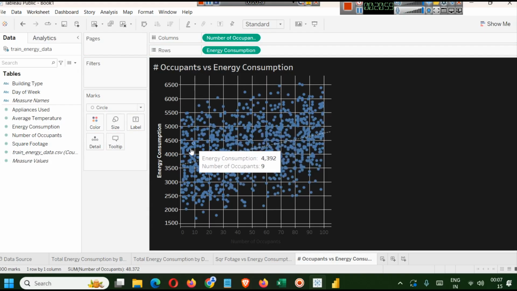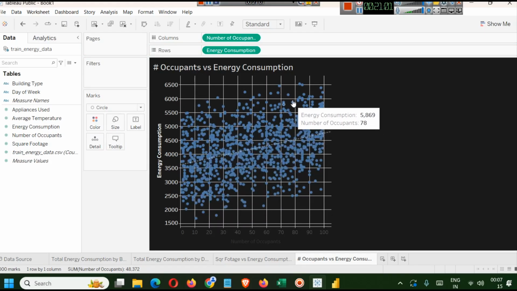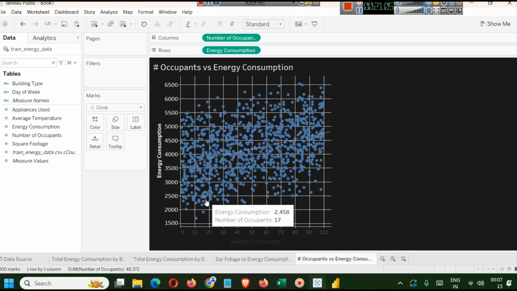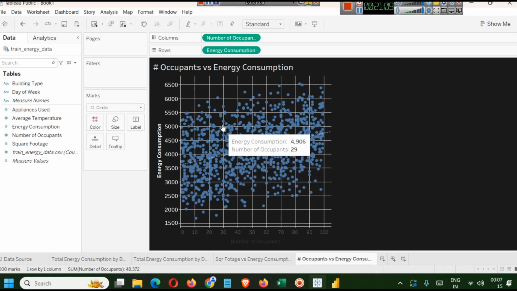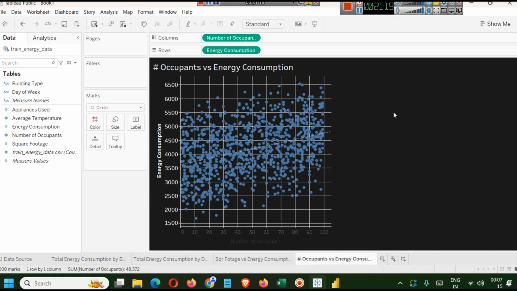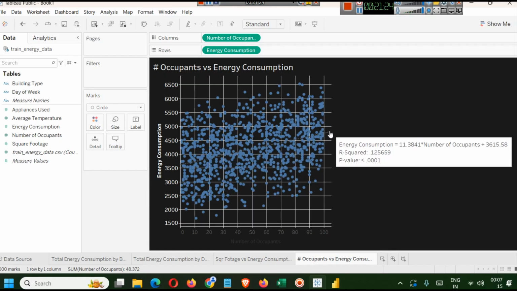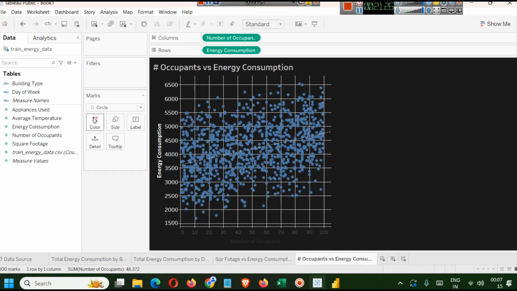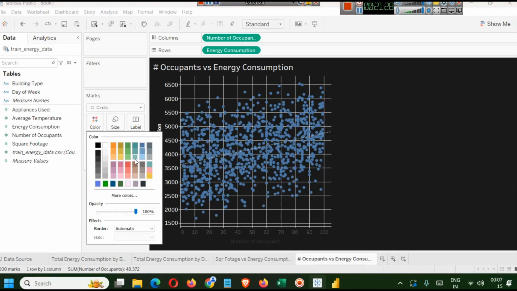Okay, and you can see a positive trend here, but energy consumption is scattered around the y-axis. We have more values, so we cannot definitely say according to this. That's why here also the value of r square is 0.12, a very small value, representing the accuracy which is low here. But this is a simple thing that you can do, and here we will try to use a different type of